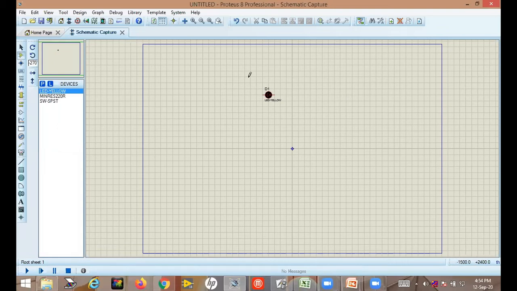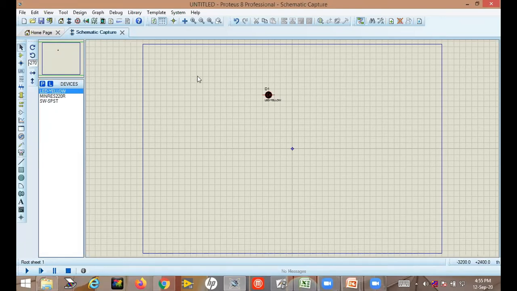After placing the component, if you click again, the component will be placed again and again. So to release this component, just press the Escape key on the keyboard. And if you don't need this component further, just click on the selection arrow to deselect it. After placing the component, if you don't need it further, just click on this selection arrow, then this component will not appear again.